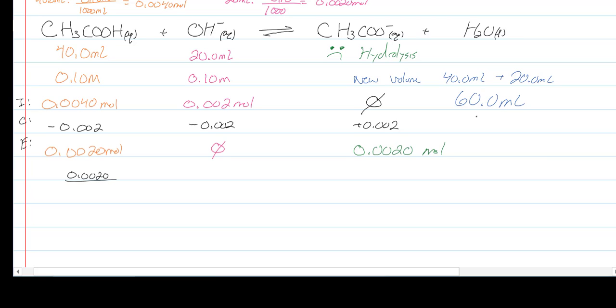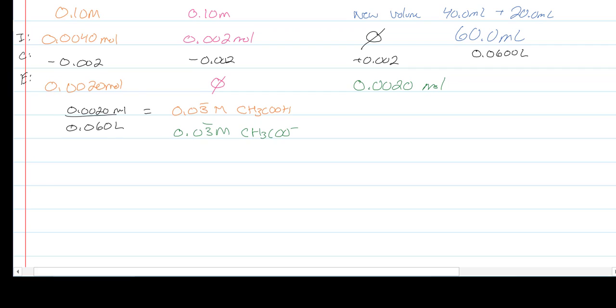0.0020 divided by 60 milliliters is 0.060 liters, correct? Yes. So moles over 0.060 liters, and that's for both of them. So 0.002 moles of my acid and my conjugate base give me 0.03, repeating, so there's two sig figs there, molar CH3COOH and 0.03 molar, repeating, CH3COO minus acetate. Because I have both acid and base in solution, we are in a buffer, because I have acid